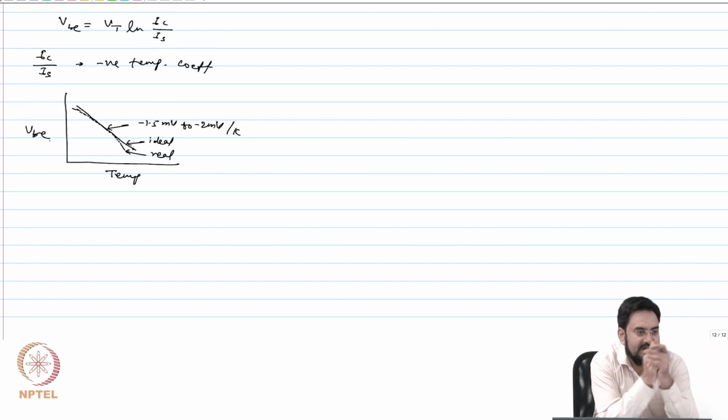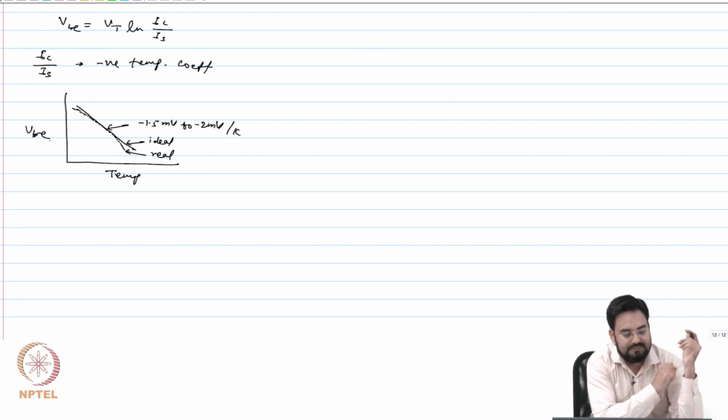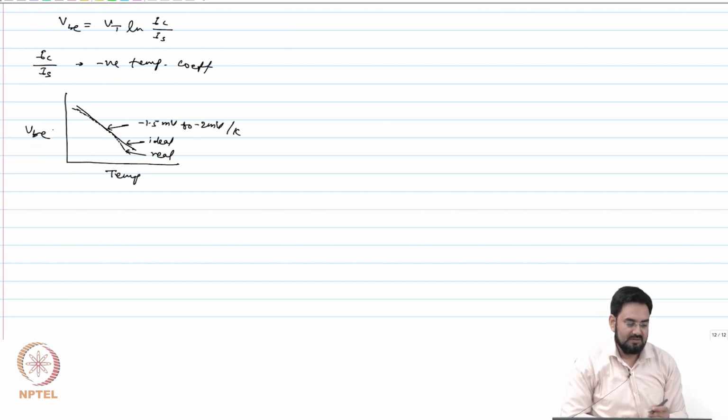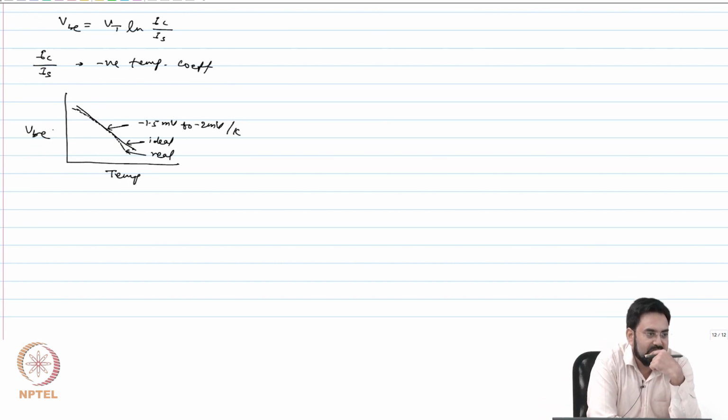This is minus 1.5 millivolt and that was 86 microvolt or so. So I need to change the slope of the VT term. How can I do that? The slope of VT cannot be changed, but you can add some coefficient. You can design it in such a way that